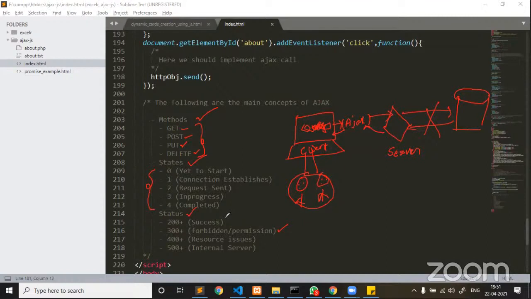Guys, HTML, CSS, and some JavaScript, anybody can write. When it comes to real-time applications, you should know all this: Ajax and JSON. These are used in live applications. That is why we are giving examples which we have already implemented in real-life applications. Please try to understand. If you have the knowledge today, then tomorrow when you come across any such implementation in your life, it will be easier for you to recollect it.